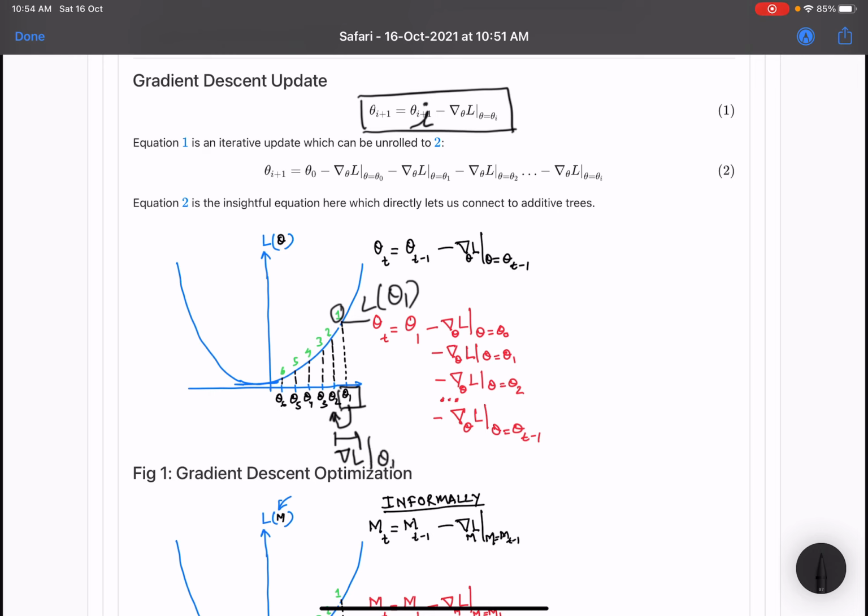So basically your theta 2 equals theta 1 minus gradient of the loss at theta 1,